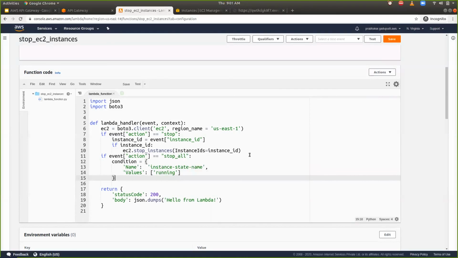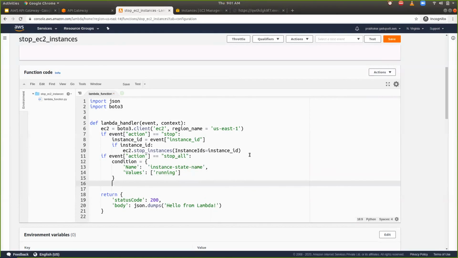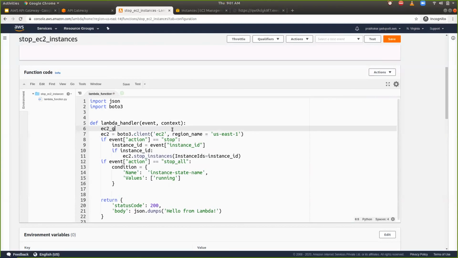Below that, I'm going to create another EC2 instance object. I can say ec2_get equals boto3.resource, and here I can say EC2. So I can create an EC2 resource.